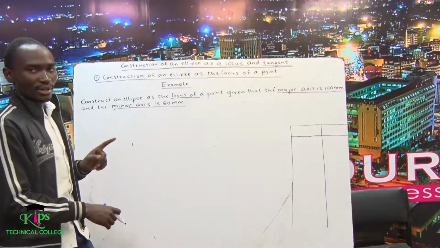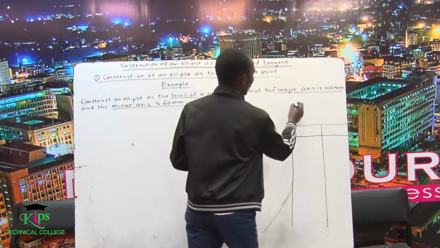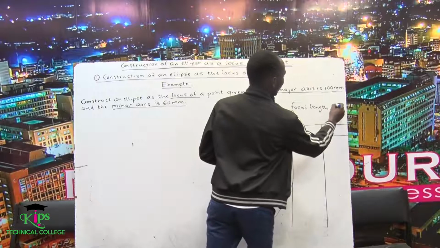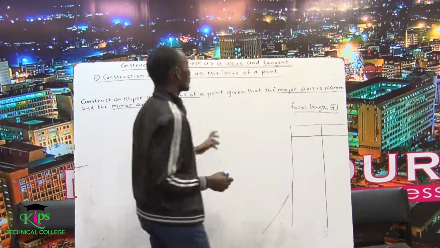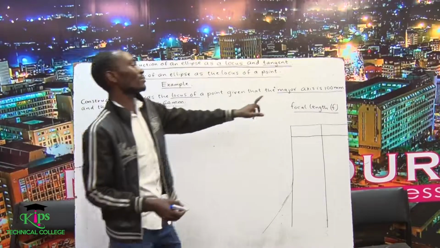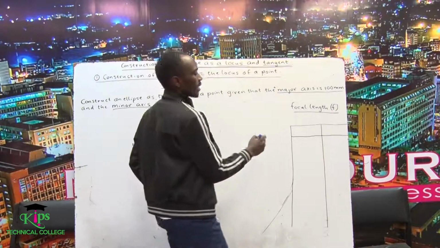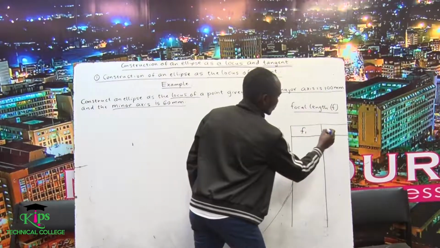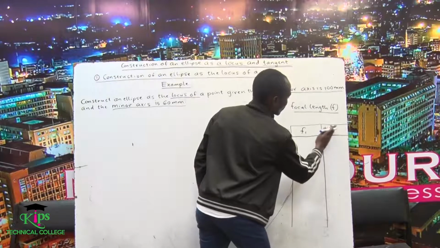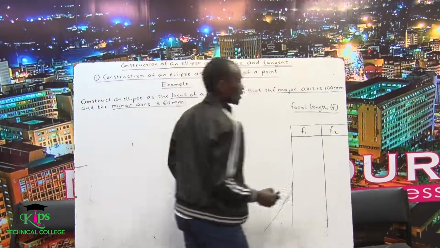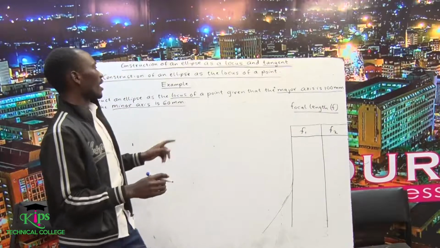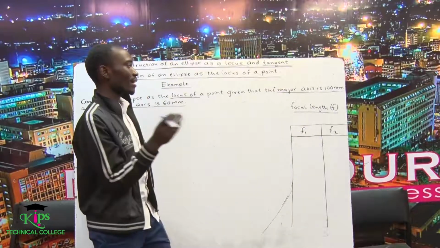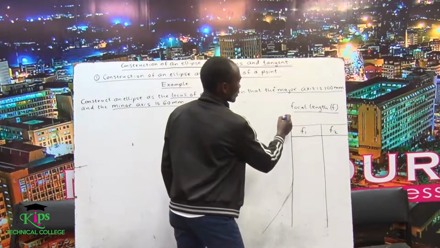So what you need to do is to get the focal length. Once you hear the locus of a point, you need to get the focal length. So here we are going to have focal length F1 and F2 like that. Now you have been told the major axis, and I said you need to consider the major axis. So the major axis is